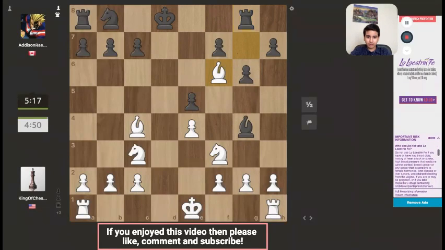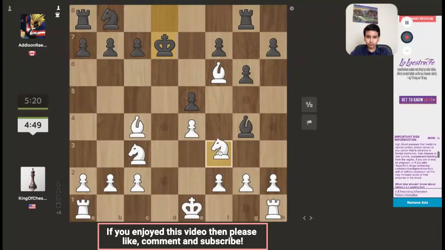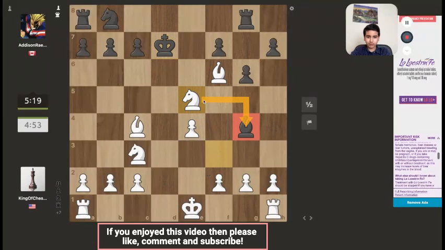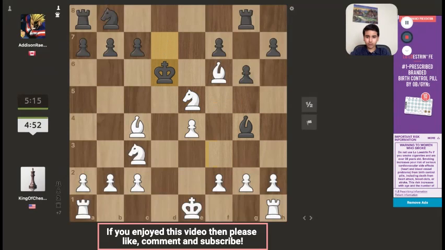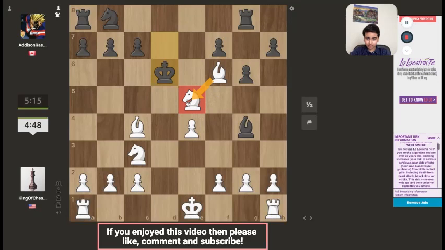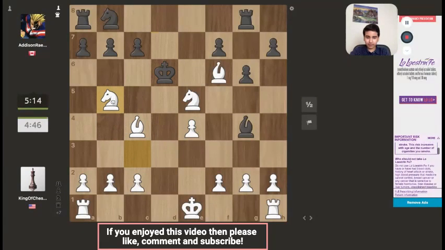Rook g8. Now I will take the knight with check, and on the next move I will go, well, now it's a fork. I forked the king and the bishop. Okay, king d6. My knight is already guarded, but I'm thinking of going some other checks. I will go knight b5 check,